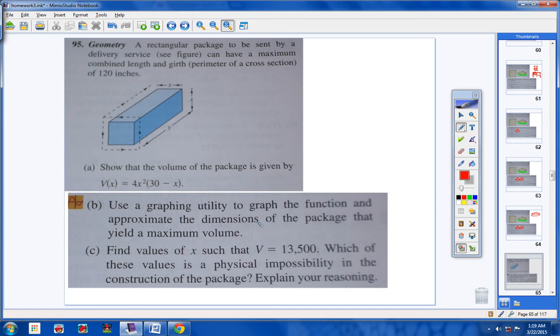Now be very careful here. A rectangular package to be sent by a delivery service can have a maximum combined length, here's my length, and girth. Girth is the perimeter of the cross section. Okay? So it can have a maximum combined length and this perimeter of 120 inches, okay? First of all, they want us to show that the volume of the package is given by this right here, okay? They want us to show that this is truly a model or a function